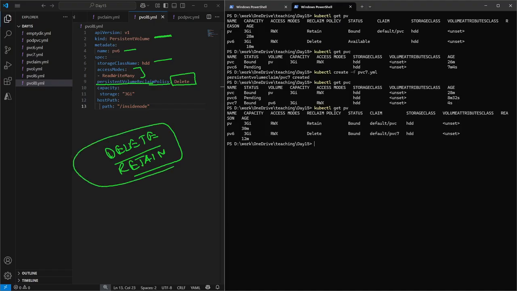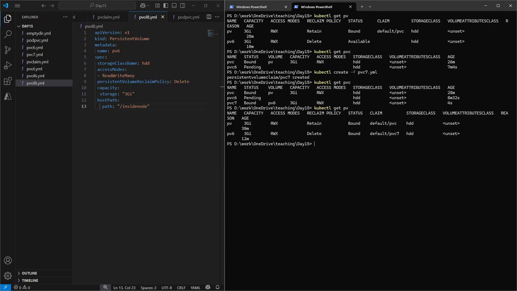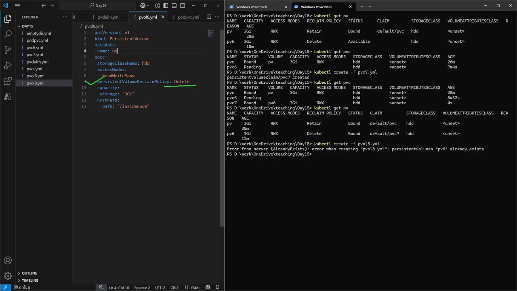Okay, so let's firstly discuss what is the exact purpose of delete. Okay, I have mentioned the persistent volume reclaim policy as delete. Let's do a quick demo. I will run kubectl create -f pvol8.yml. Okay, let me update the name here and run it again. So my persistent volume has been created. kubectl get